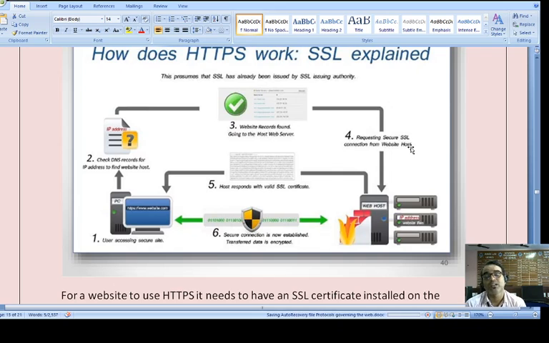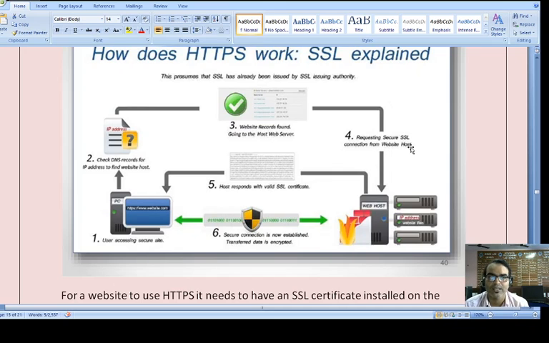Sometimes we create a private SSL encryption within organizations, and it is a techie thing, but know this part also. Then finally, the secure connection is now established to transfer data, and the transferred data is encrypted. WhatsApp communication is also encrypted. In general, when you use WhatsApp, you get a message that this is an encrypted message. Your communication will not be read by anyone. So these are the things taken care of by the SSL protocol.